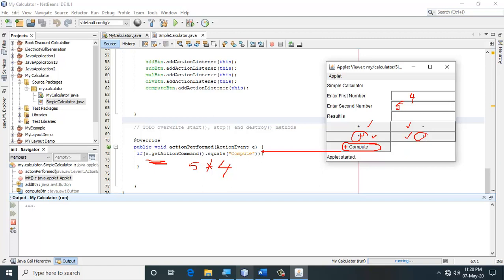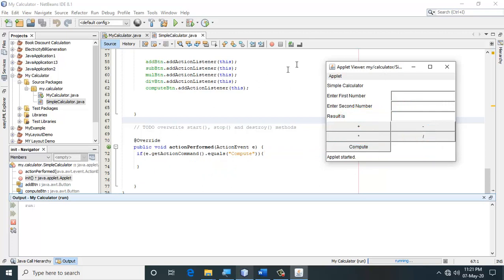So compute is a separate button that will perform the calculation, and these are only the operators that I need to remember. By pressing star, plus, minus or division, I can only get which operator I am supposed to perform, but the actual calculation is done by this compute button.